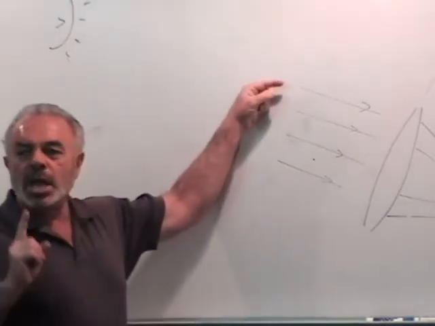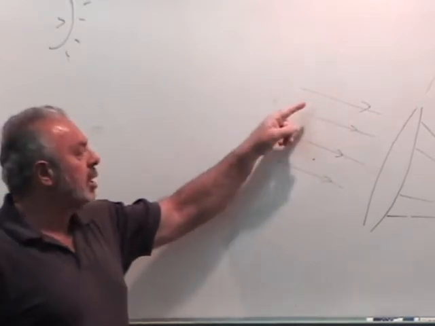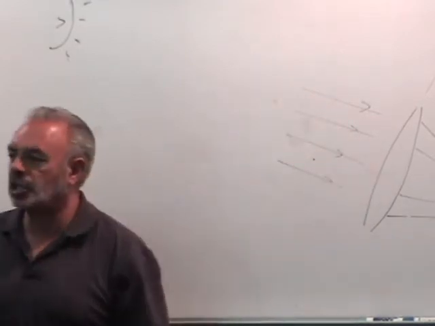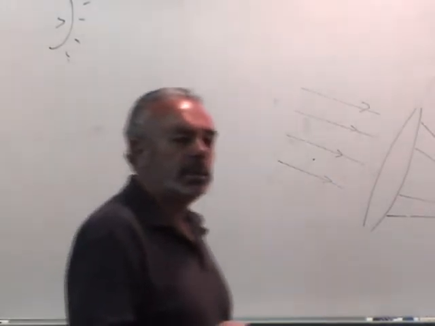Now there's three interesting things I'd like to mention about this experiment. First thing you learn is that any light ray that strikes a lens parallel to the axis of the lens will be bent through the focal point. Let me say that again. Any light ray which arrives parallel to the axis of the lens will be bent so that it must pass through the point of focus, the focus point. That's principle number one.